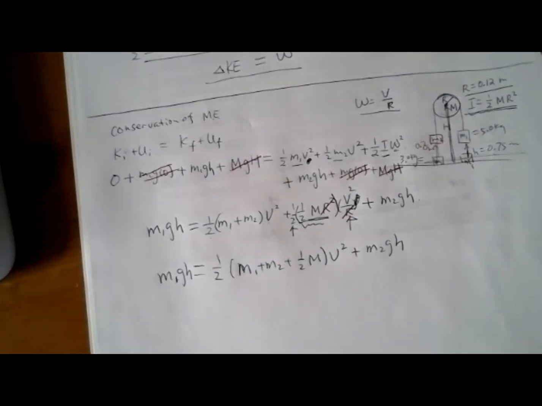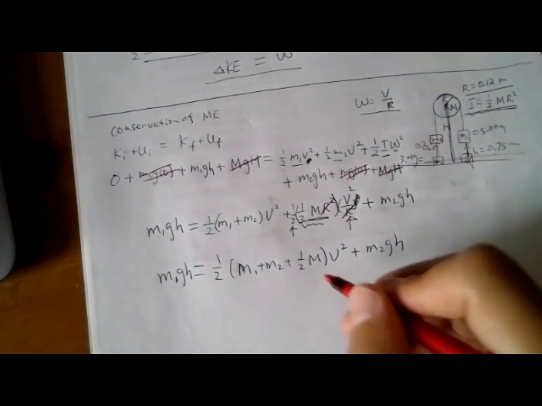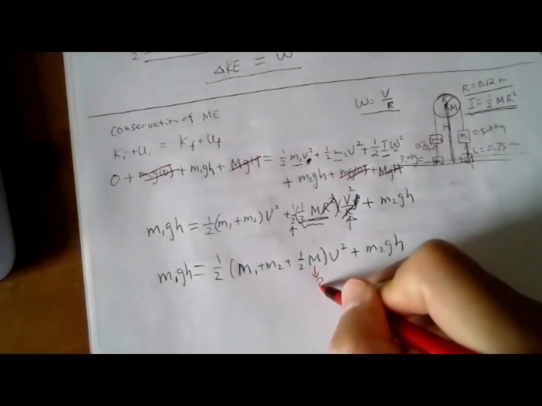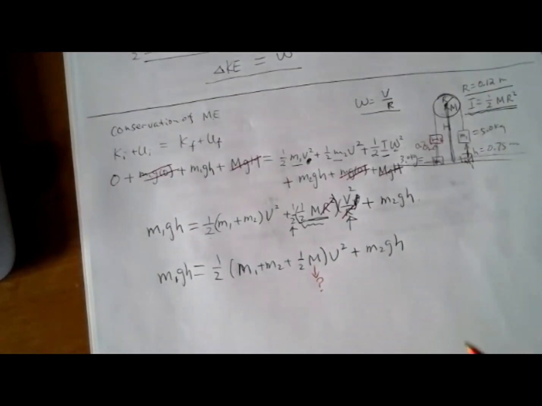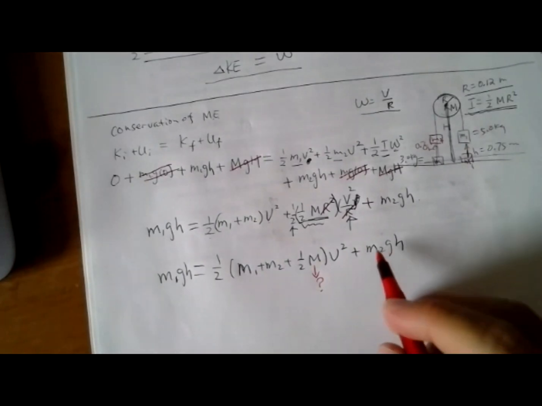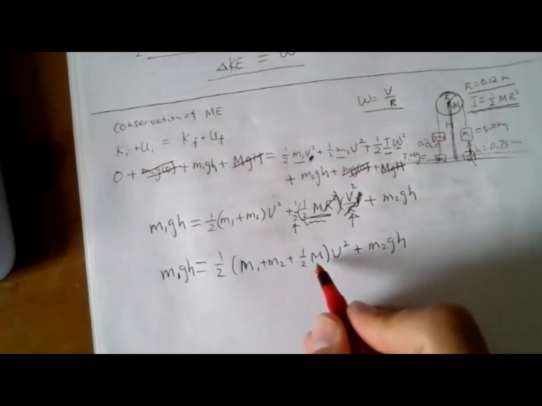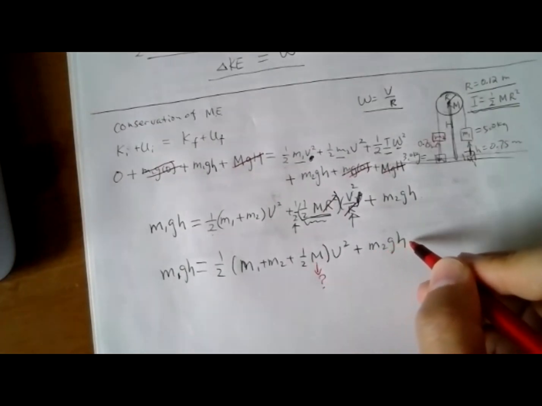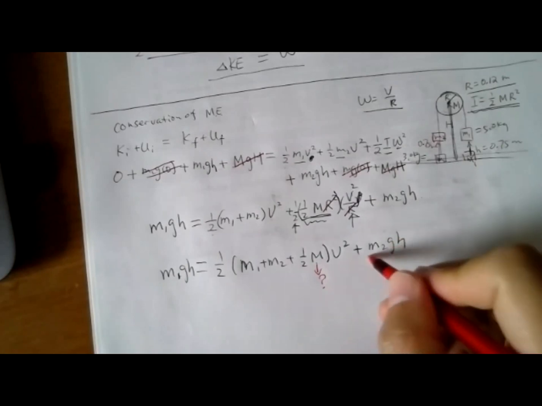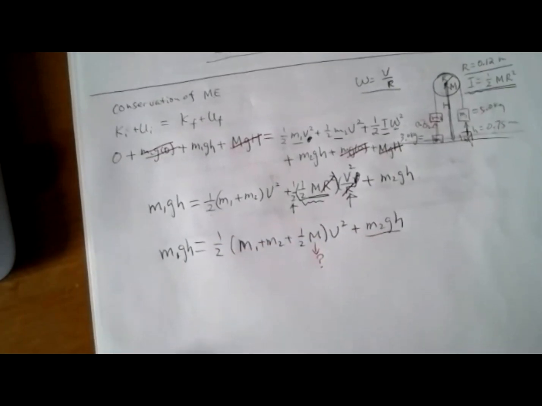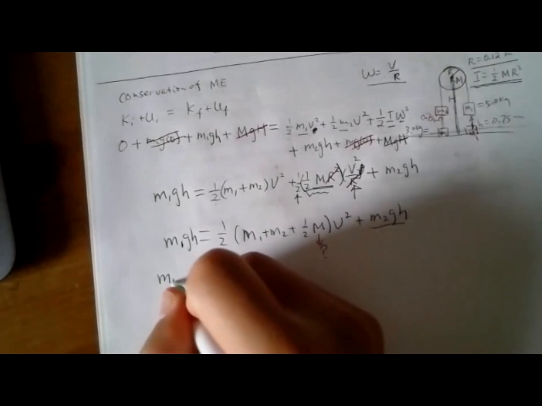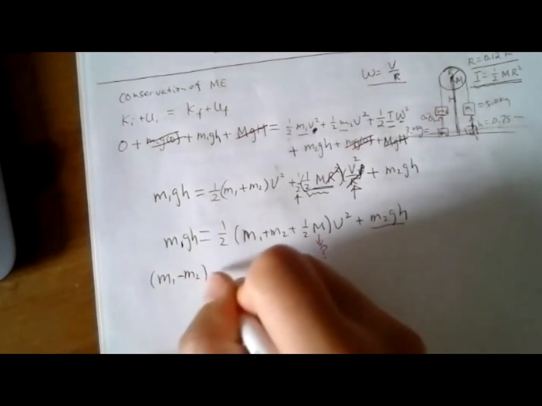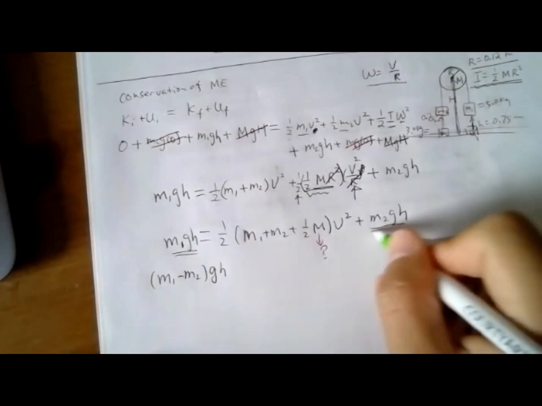Now let's see what we are looking for. We are looking for capital M, and we know the rest of the quantities in the equation, so we should be able to solve for that. m1, m2 are given, g is 9.8, h is 0.75, so we have everything. We'll move this guy to the other side of the equation first, so that becomes (m1 minus m2) gh, because both terms have gh,